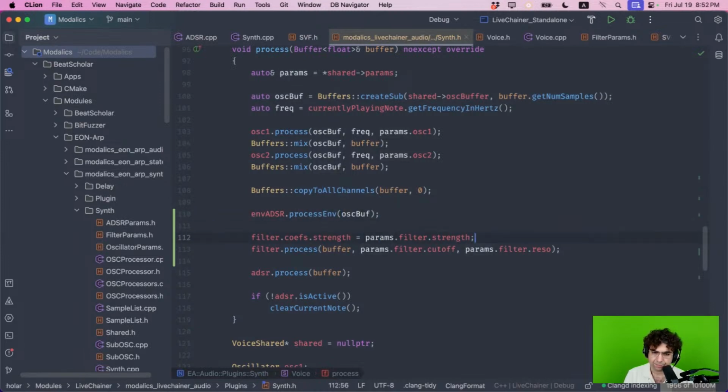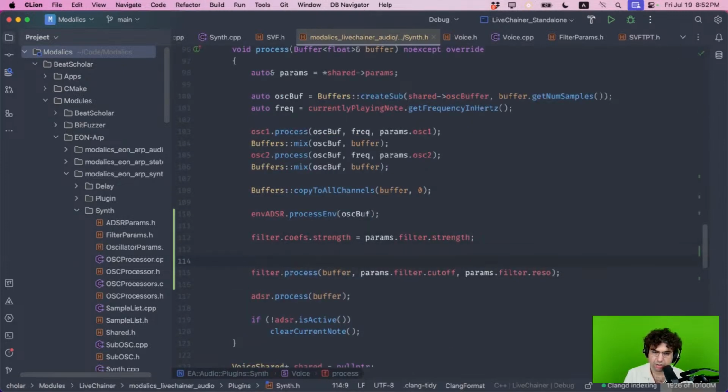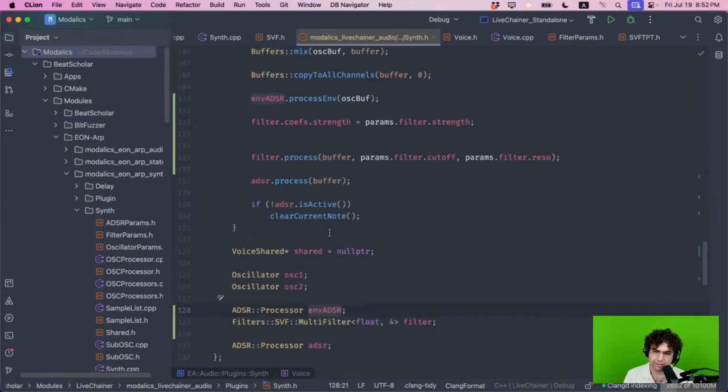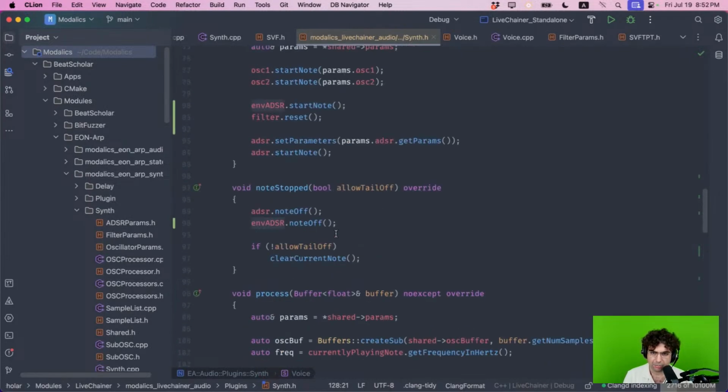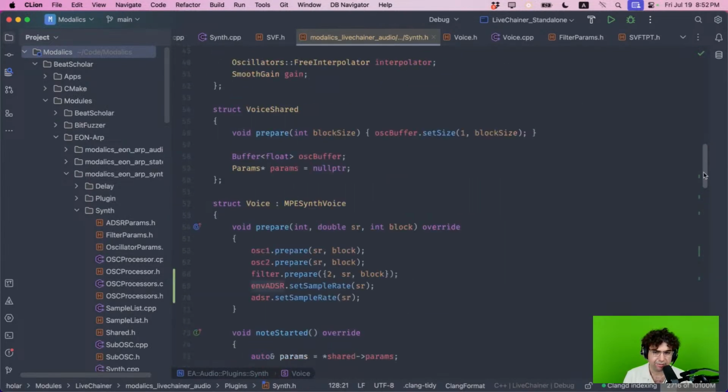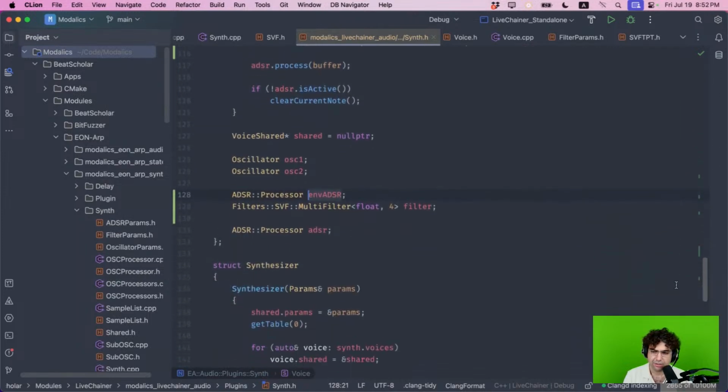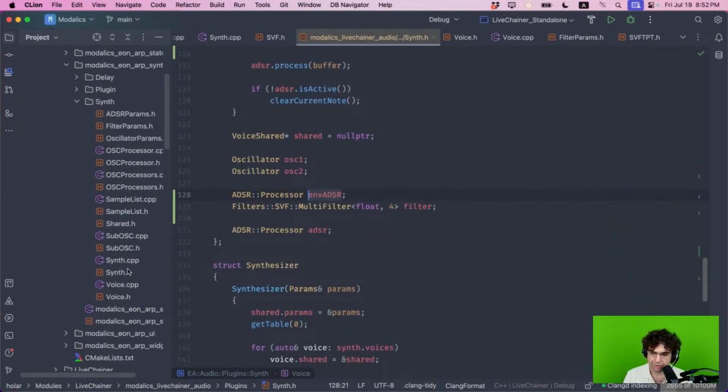Oh yeah, I forgot to mention what the amount does. Let's imagine that it just does the cutoff. But you know what? I will probably need a negative, not just positive, right? So let's imagine that I'm just going to do cutoff for simplicity, but I'm not going to do modulation of the resonance. But I'm going to add